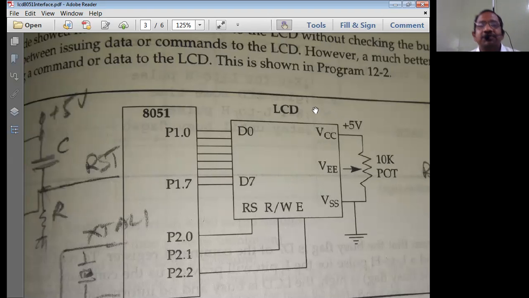Let us suppose this is an LCD display unit, and we'll be interfacing it with the 8051 microcontroller. This is what I was talking to you about continuously. The advantage of a microcontroller is that we can use the pins of the 8051 directly to connect to external peripherals. Here the LCD is the external peripheral.